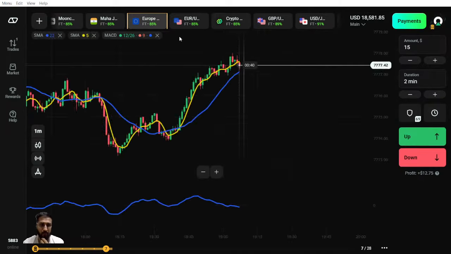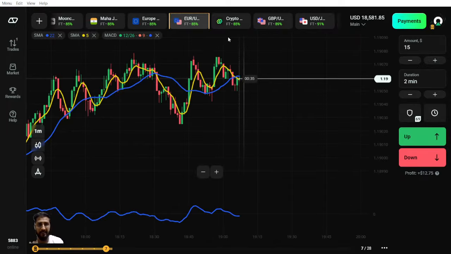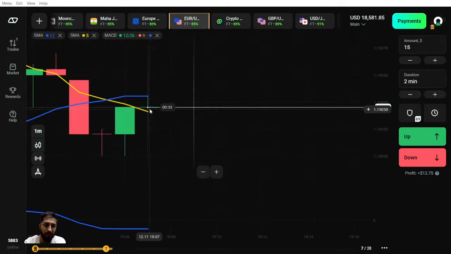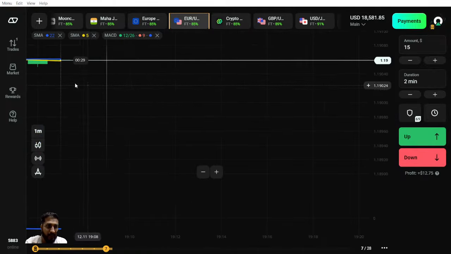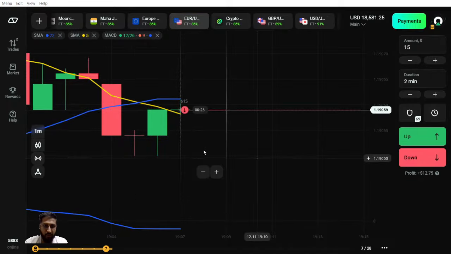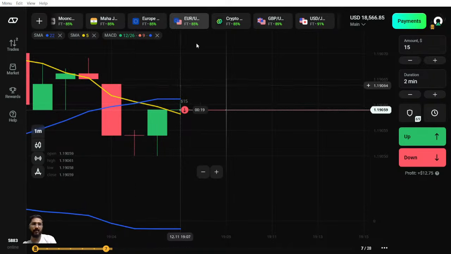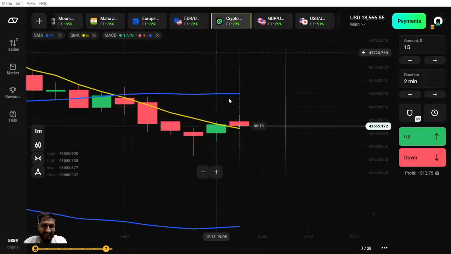Let's take a couple more trades, and then I'll come back to the comment section. In the meantime, if you find any difficulties, doubt, question, or query, feel free to write to me there. Let me see if any opportunity is there that we can try to grab. Okay, so the signal is there, but the signal is quite old. I'm just trying to catch a running train. Let's see if we will succeed or meet with an accident.